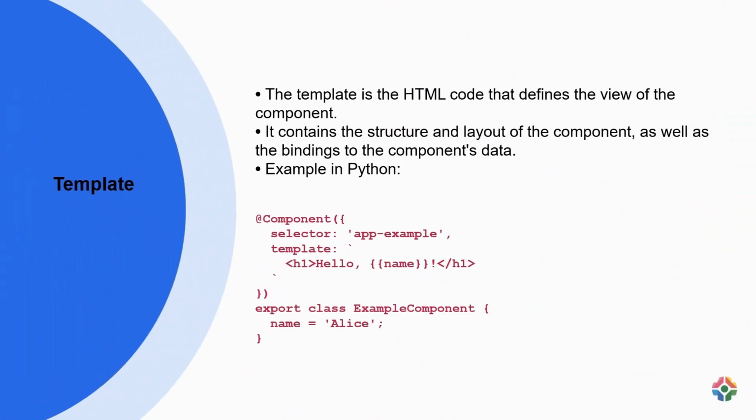A template in web development, specifically in Angular, refers to the HTML code that determines the presentation of a component. It includes the layout of the component and any data bindings necessary to display dynamic content. Templates use Angular syntax for binding data to elements, such as interpolation expressions like name. In the provided Python example, the template within the @Component decorator defines the view for the example component. It contains an h1 element that greets a person by name using the variable name, which is set to Alice